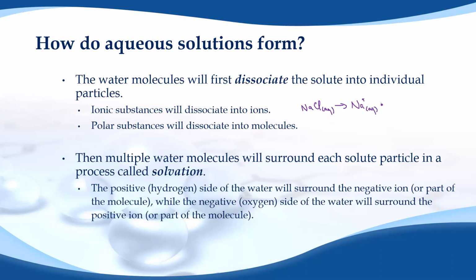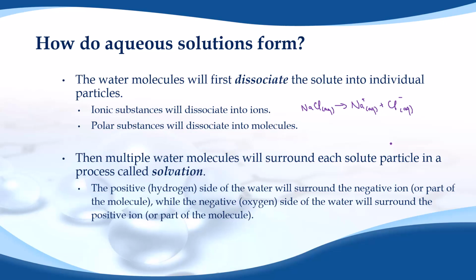So if we were trying to dissolve sugar, for example, it would pull off one sugar molecule and dissociate that, pull off another sugar molecule dissociating that. Once our solute is dissociated into individual particles, water will then surround those particles in a process that we call solvation. Right, so for polar substances or ionic substances, this is where the fact that water has a positive and negative side matters,